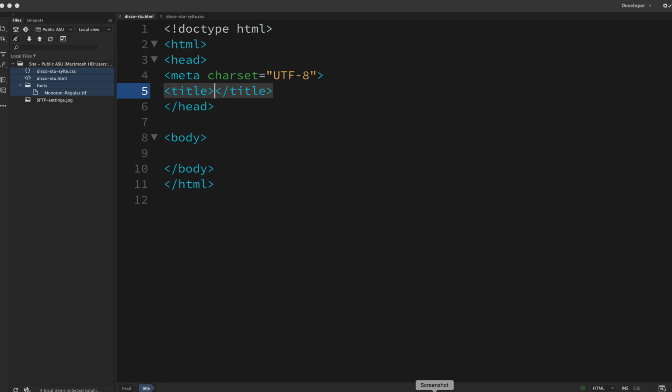For the first 20 years or so of the internet, we were locked into the handful of web fonts that were safe to use on the internet. That's because that renders on the client side rather than the server side. And now, thanks to CSS3, we have the capability to add some more excitement in our font choices.